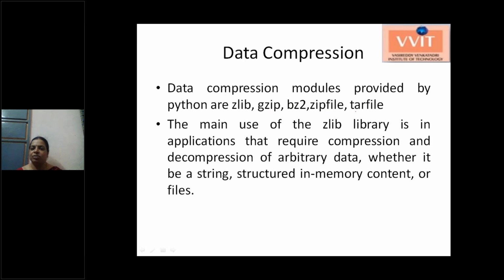You can use any of these modules and we can zip the data into compressed data, and again we can retrieve the uncompressed data. The main use of these is the requirement for compression and decompression of data. The data that can be compressed is either a string, an object, or file data. Generally we use WinZip as software in our systems to compress data, which reduces the size of the data. In the same way, our program data can also be compressed by using these libraries.